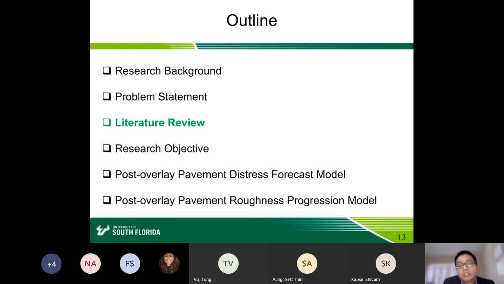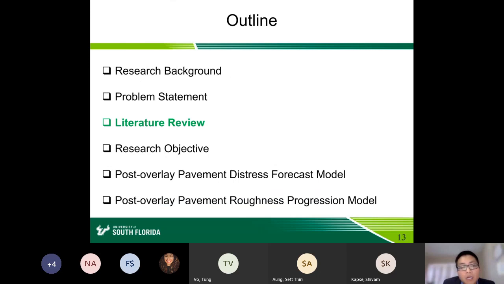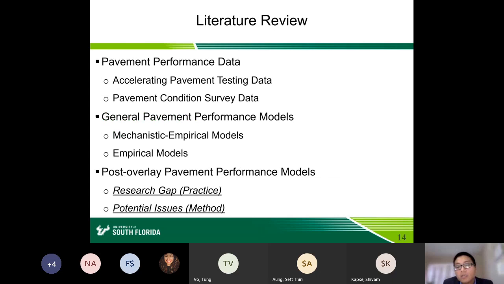So in order to understand the situation about the post-overlay pavement performance modeling, a comprehensive literature review was conducted. First, what's the data that previous studies used for pavement performance modeling? And what are the methods that they used? And what are the potential issues existing in the current studies? And what are the research gaps? These are some questions we need to answer by